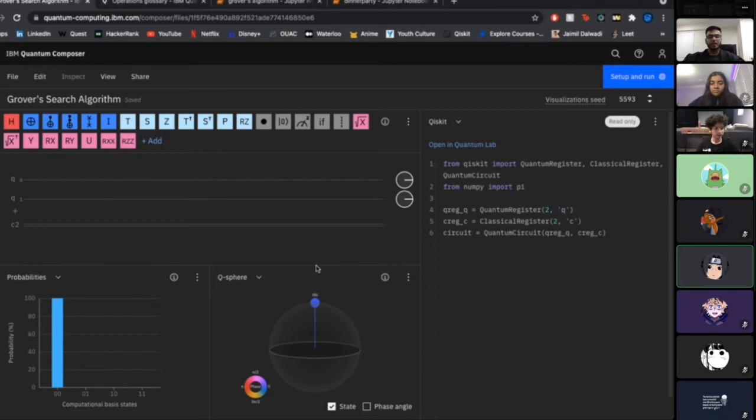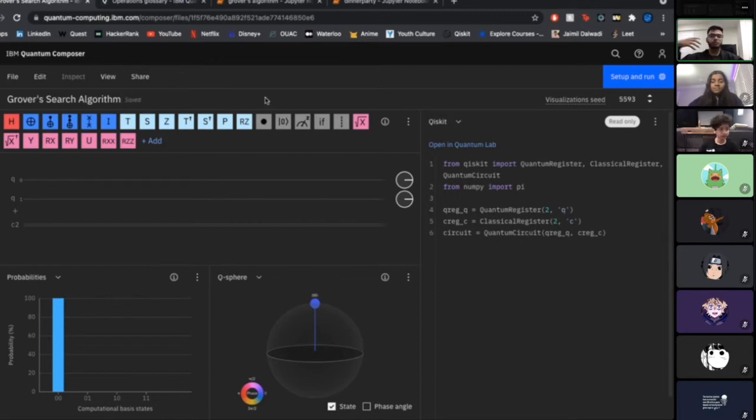Sorry to interrupt, but where do you get Grover's search algorithm from? We'll be making it. Grover's search algorithm has been developed by Grover, and they've made it multiple times over and over on IBM and their tutorials and whatnot. You can actually put my presentation link, but it has a few links that you can access. But we'll make that right now.